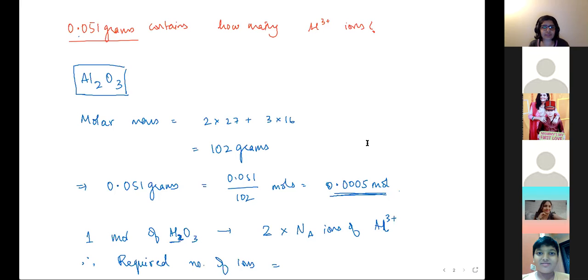Jaden, no, we were doing 3.3.4. Not sure how much of the discussion you were there or how much you had missed, but you need to calculate the number of aluminium ions present in this given mass of aluminium oxide. This is all 3.3.4.